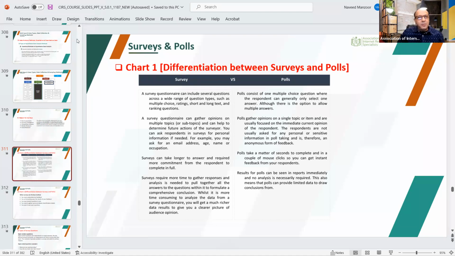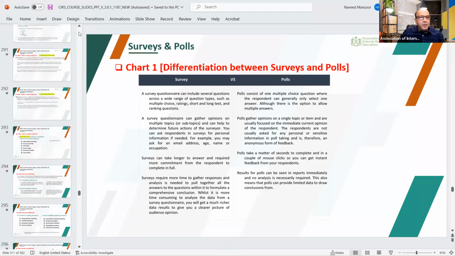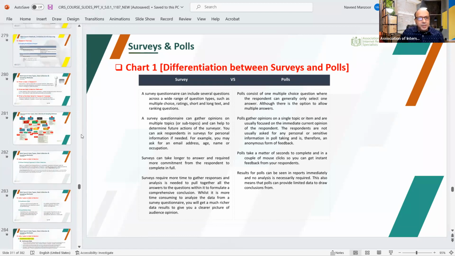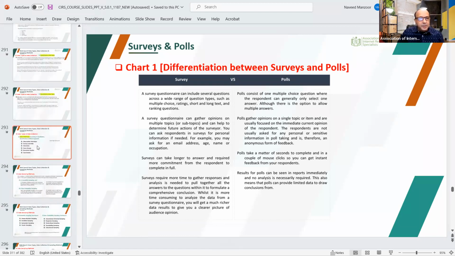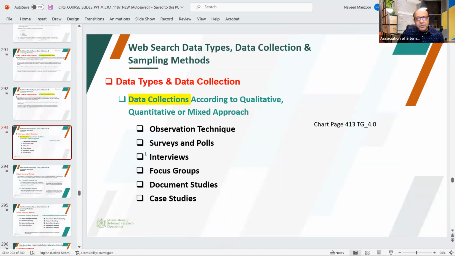So that's typically what comes. So surveys and polls is another type of data collection method. Then we've got interviews. Interviews usually are one-to-one, and they involve issues and subjects that